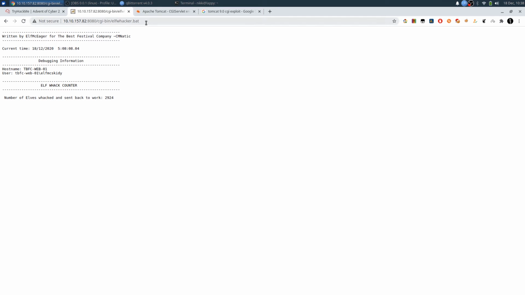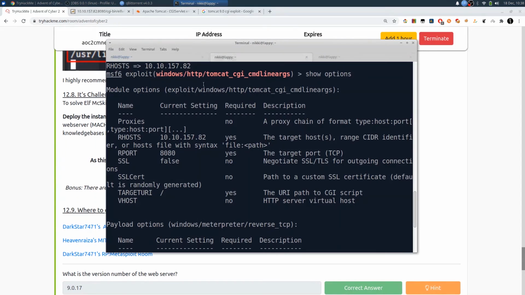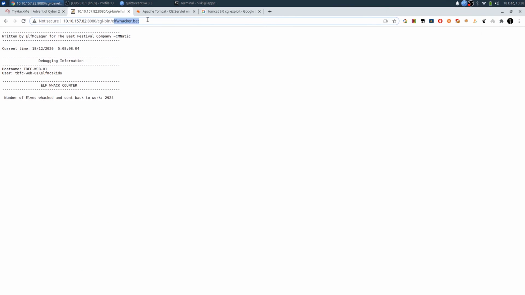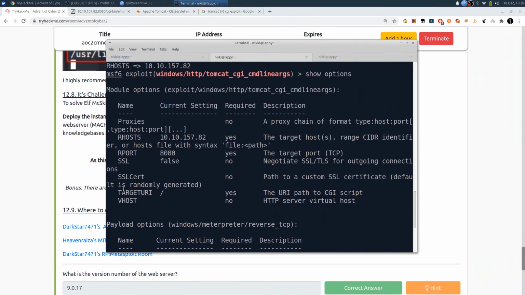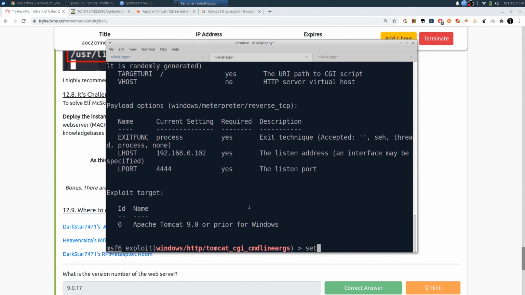When you do directory busting of this URL, you will get cgi-bin. If you go to cgi-bin, you will get error 404 not found, but they have mentioned this elfwacker.bat. So that's why you can go directly to this and get the contents of this batch file. Now we need to copy this URL and set it to the target URI.